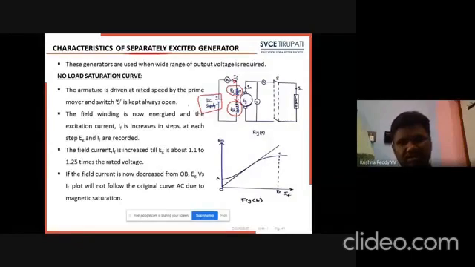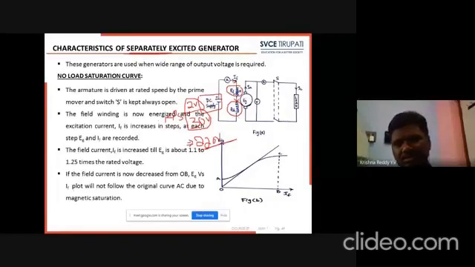Here it is a DC supply, that's why it is a constant voltage, either 2 volts or 10 volts. DC supply means we can vary up to 30 volts maximum in our laboratory with the help of an RPS. Otherwise, we can directly give a DC supply, where the maximum voltage is 220 volts. With the help of an RPS, we get 30 volts. Otherwise, with the help of a DC generator, we can get 220 volts.